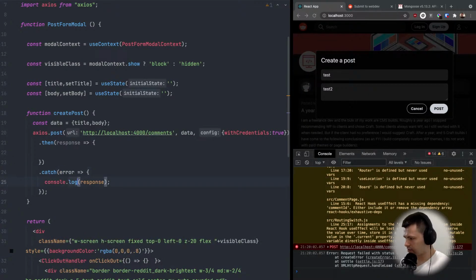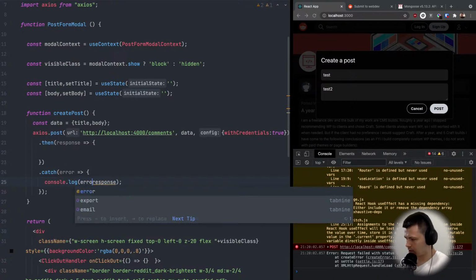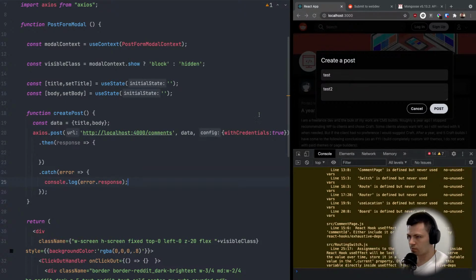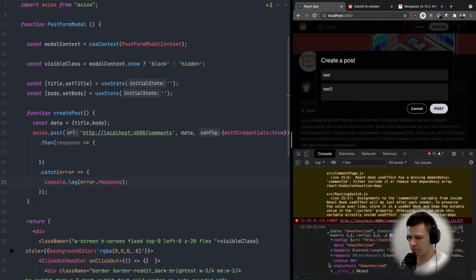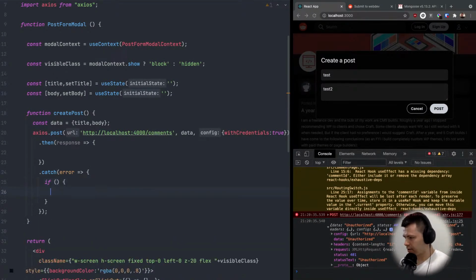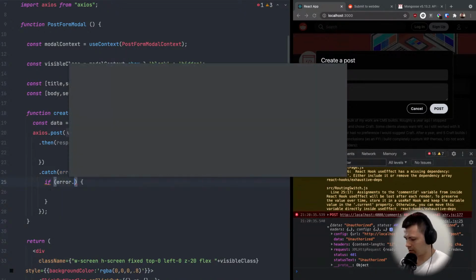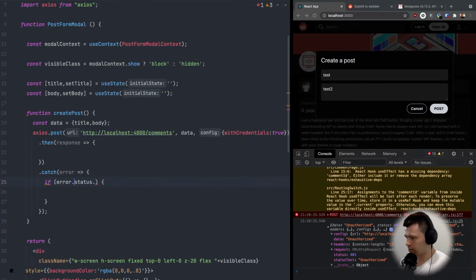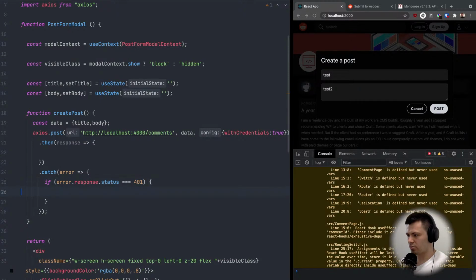So let's call this one error response. Now if I post something, we have some object here and we have status. So if we have error response status that is 401, then we know that the user is not logged in and we want to show the login form. So to do this,